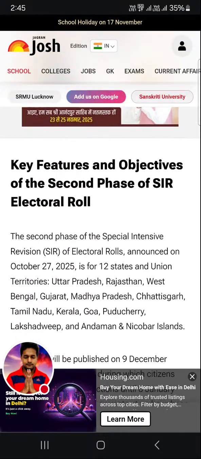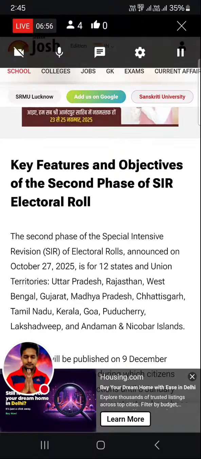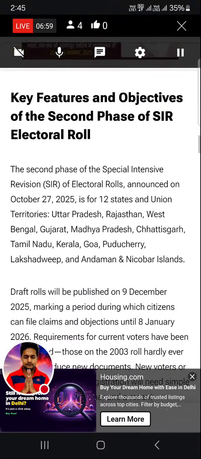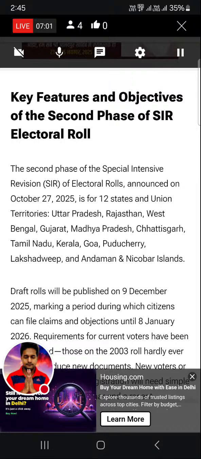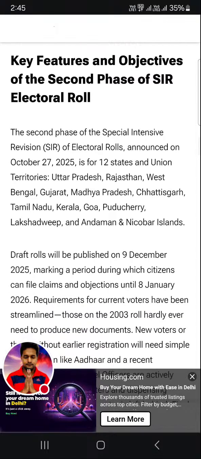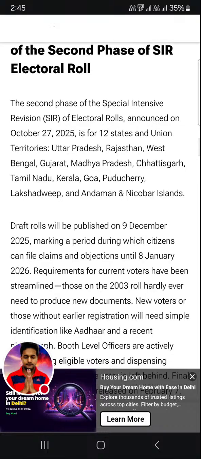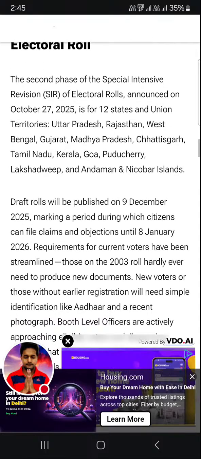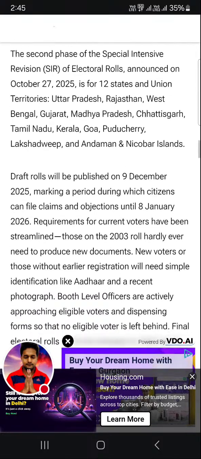Key features and objectives of the second phase of SIR electoral roll. The second phase of the Special Intensive Revision SIR of electoral rolls announced on October 27, 2025 is for 12 states and union territories like Uttar Pradesh, Rajasthan, West Bengal, Gujarat, Madhya Pradesh, Chhattisgarh, Tamil Nadu, Kerala, Goa, Pondicherry, Lakshadweep, and Andaman and Nicobar Islands.